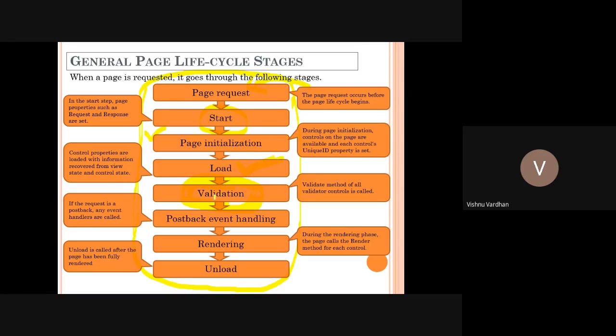Then validation. Validation is an important triggering point. You can validate everything if you are using the validation controls in ASP.NET, and without coding you can simply check whether all the controls are completely valid with their information, or something is missing. Thereby, the effort of validating from JavaScript coding or server side coding is somewhat reduced.